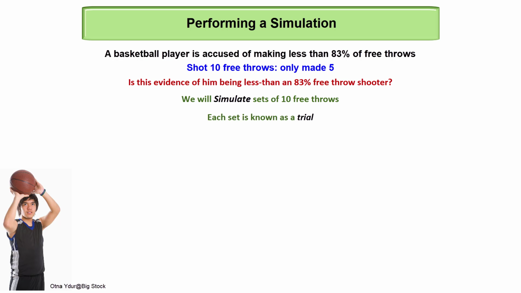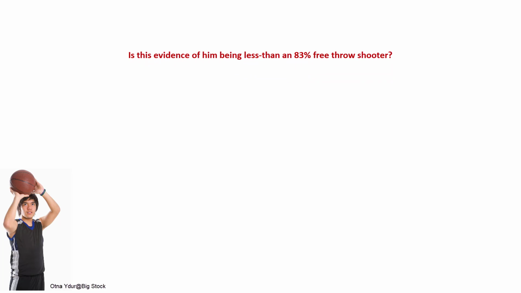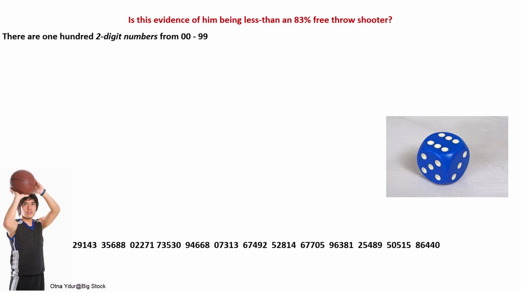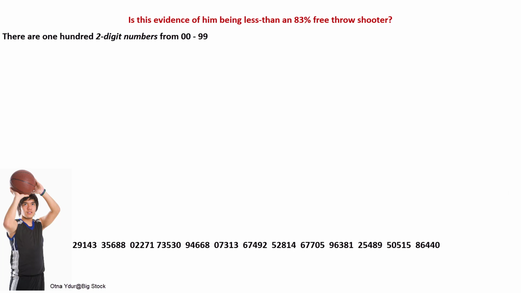made. Each set of 10 free throws is known as a trial of the overall simulation. Instead of rolling a 6-sided die, we're going to use random digits to simulate free throws attempted. There are 100 two-digit numbers from 00 through 99. We'll choose 83, or 83%, of these numbers to represent a made free throw and the other 17% to represent